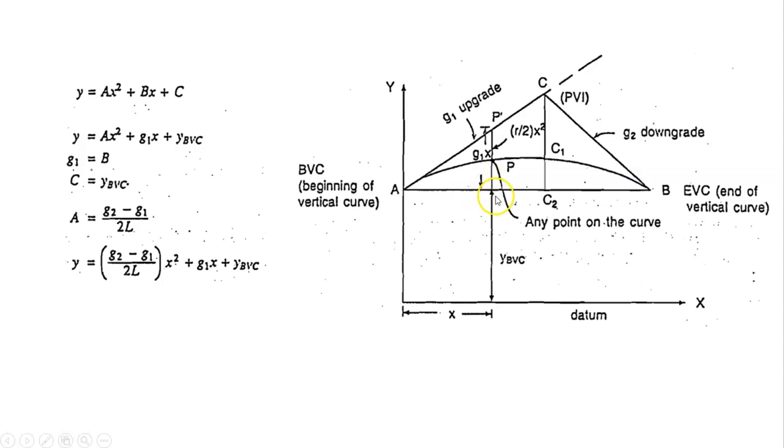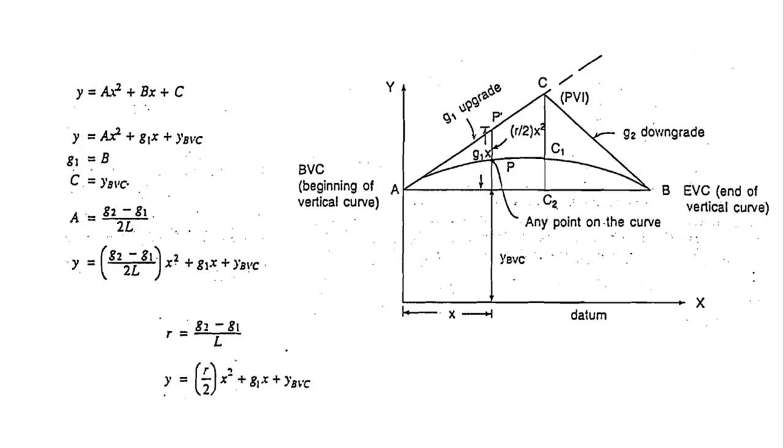The c is this height, which is y BVC, the intercept. So as I stated, b is g1, c is y BVC, and a is the constant rate of change of slope, which is g2 minus g1 divided by 2 times L. So y equals g2 minus g1 divided by 2L, which is nothing but a, times x square,